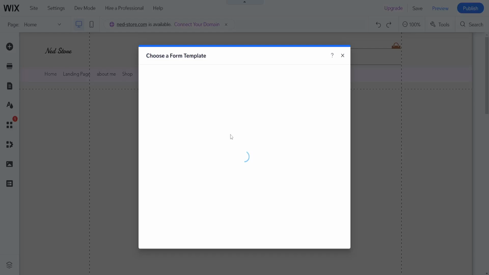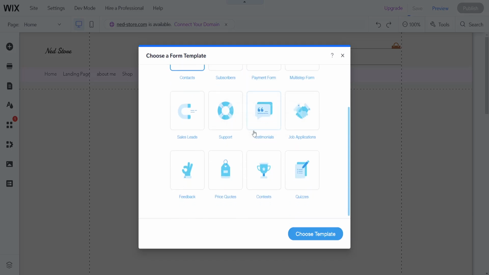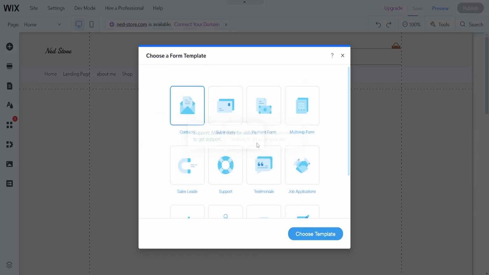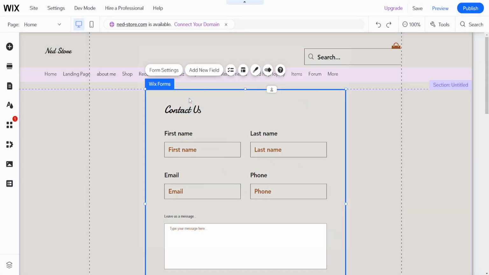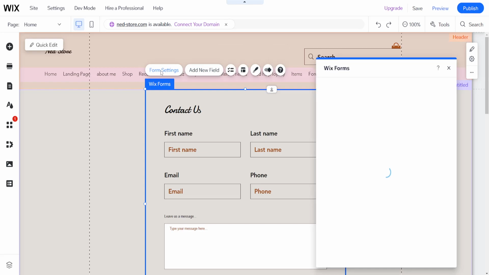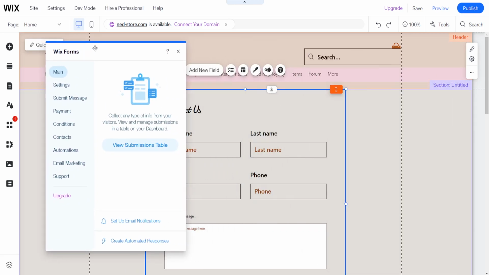Wix Forms, it might ask you for permission, but we'll basically just choose a template here, choose template, make it do its work here, and it's going to look like this. Now you will have some options here for form settings and all of this other info here. So we want to click on form settings, and this will load up